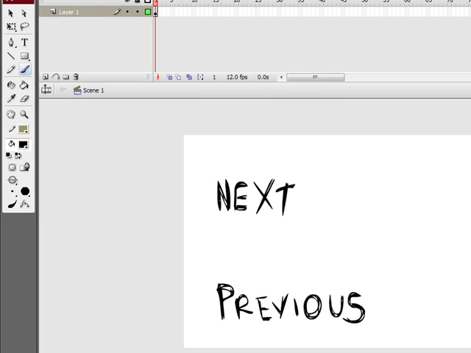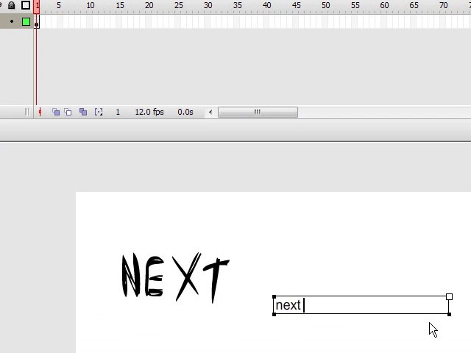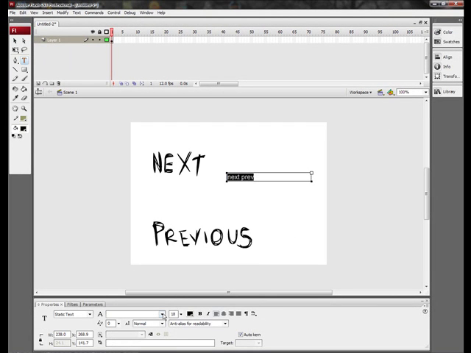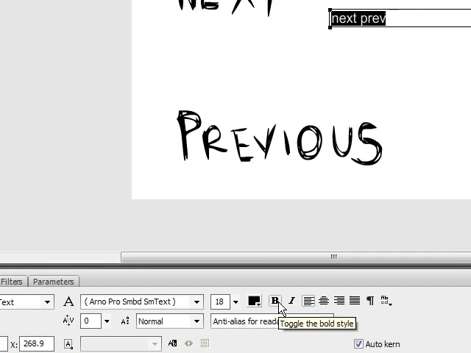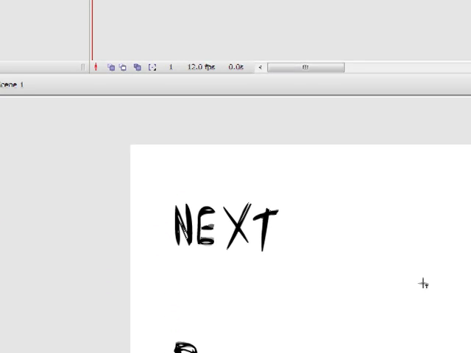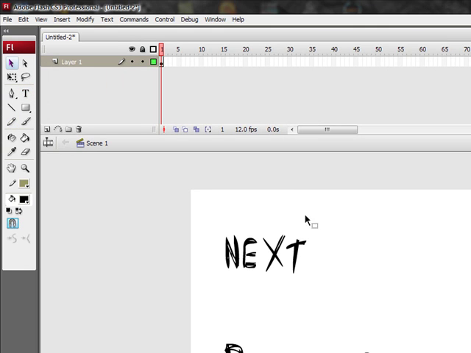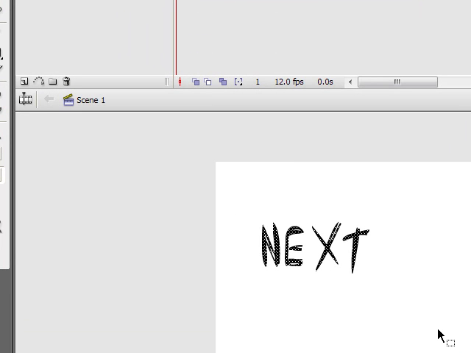If you haven't watched my play button tutorial, I'll just show you that what I mean by text is that you can type in next or previous. You can also change the fonts, the size, the color, the alignment, bold, italic, you know, all that basic stuff. But I'm going to draw them this time. So to start off with, we need to draw what you want as your next and previous buttons, as I have. Once you've done that, select your next button,